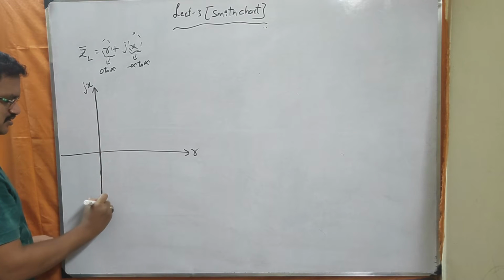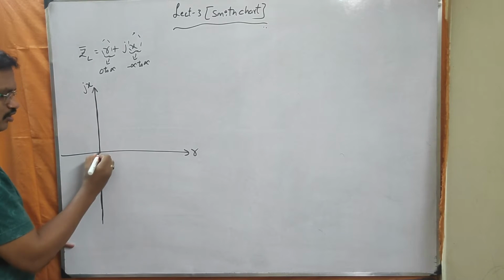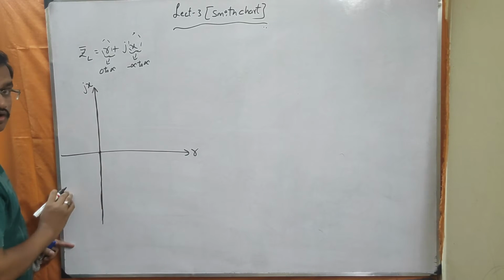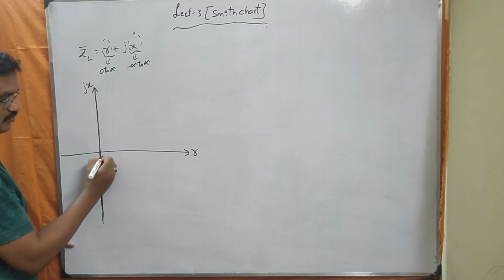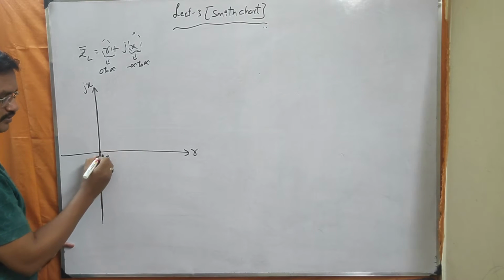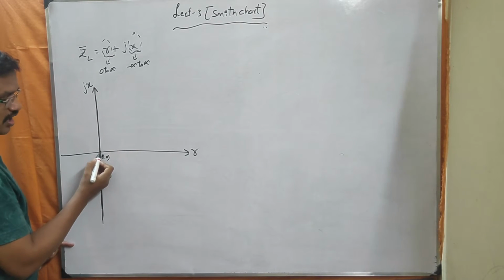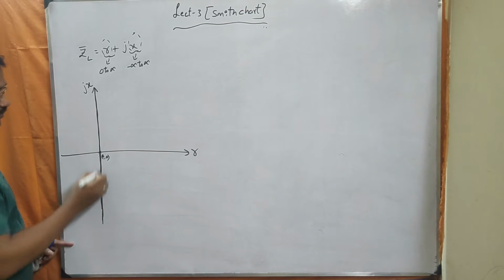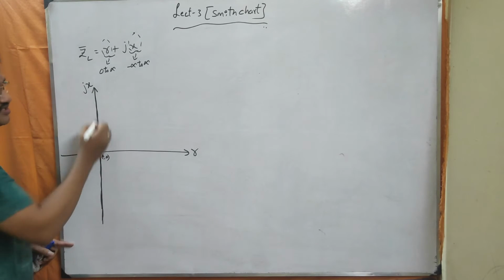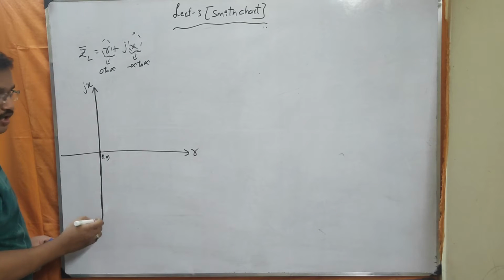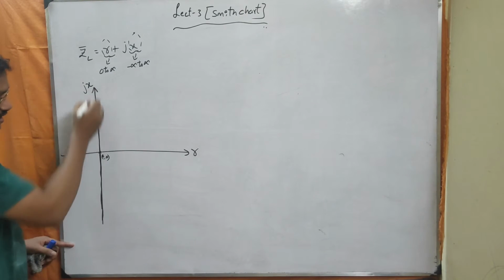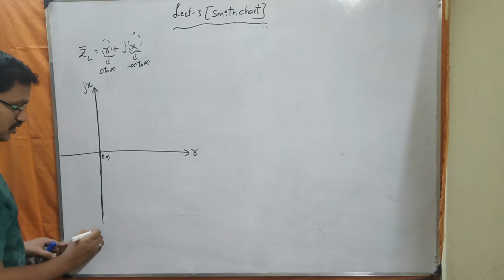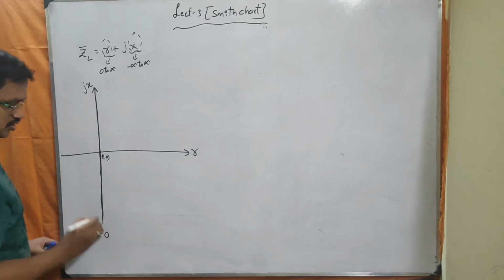Okay, so now if I consider this imaginary axis here, on this axis, what is the value of R? See, this point is nothing but what? 0, 0 or not? This point is 0, 0. So that means R value is 0 at this location. So as I move along this line, it represents purely reactive. That means resistance value is equal to 0. So I can say this line, this imaginary axis, represents R is equal to 0.